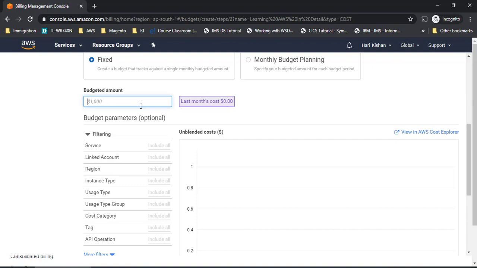But as I already told you, if you want to learn everything about AWS Solution Architect, you might end up spending some money, because not all the services in the free tier account are free. Only a few services are given in the free tier account, so you might end up spending some amount to learn all the AWS services required for this Solution Architect program, right?